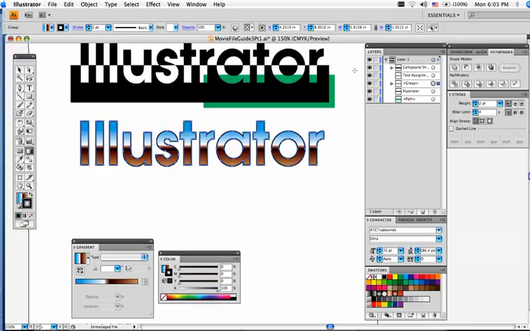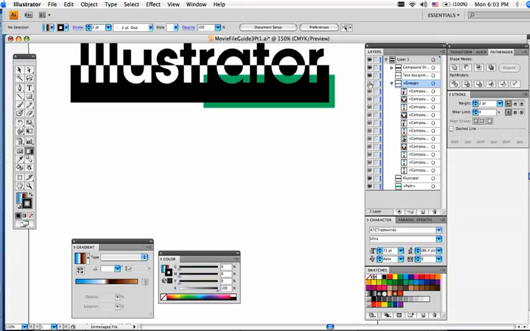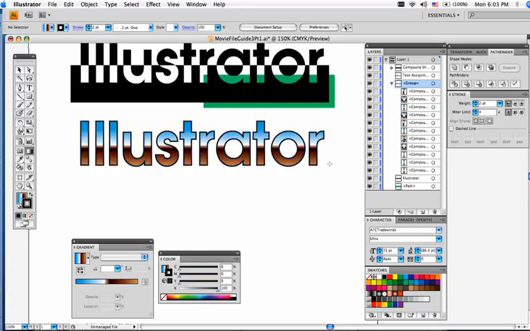Now, this is very important. Over here in the layer palette, if you have 11 characters over here, I want you to see how you should have 11 layers or sub-layers within the group, and I'll turn off and on the group so you can see it turns off and on. I want to show you what subgrouping is,